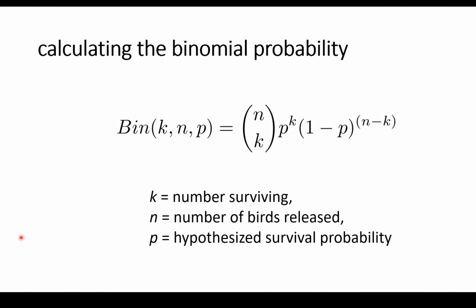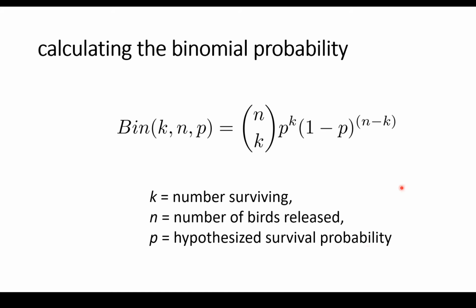And the basic point here is that the binomial probability is a function of how many birds did you release, which is the basic premise for assignment 8, how many of them survived, and what do you believe is the underlying survival probability. And so essentially what you're calculating here is the probability of observing the data given this p-value here. All right, so k is the number surviving, n is the number of birds released, and p is the